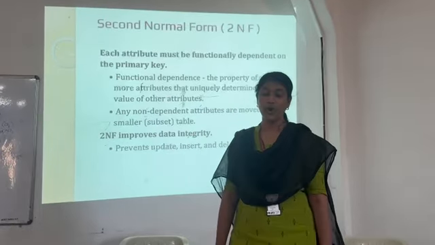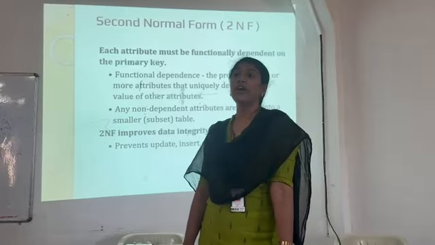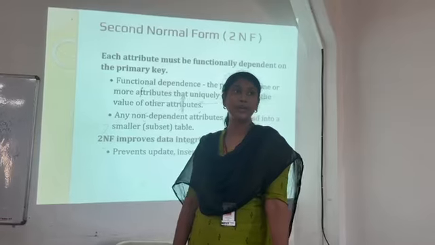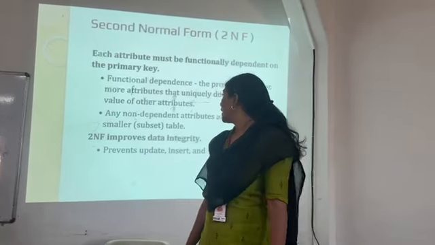Coming to second normal form, we should avoid partial dependency. Each attribute must be functionally dependent on the primary key. So each attribute should be